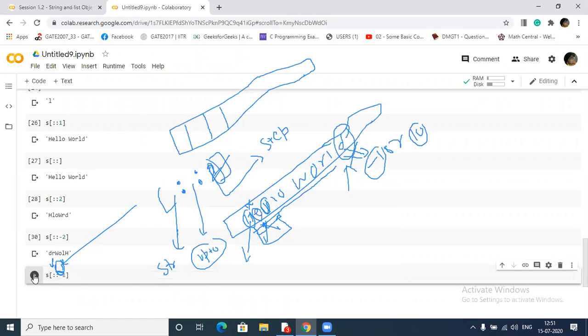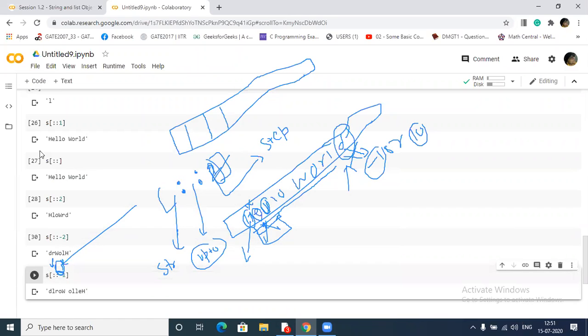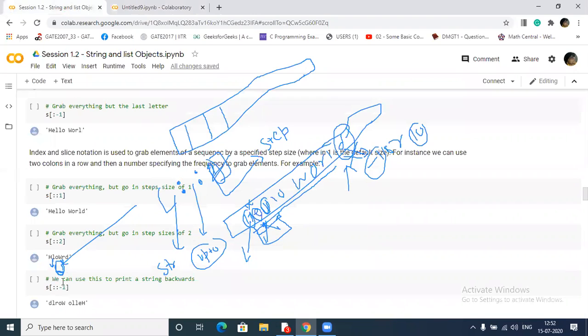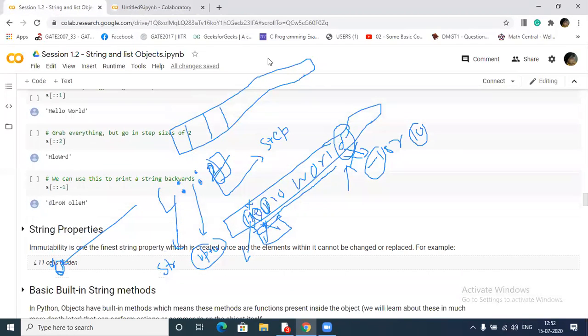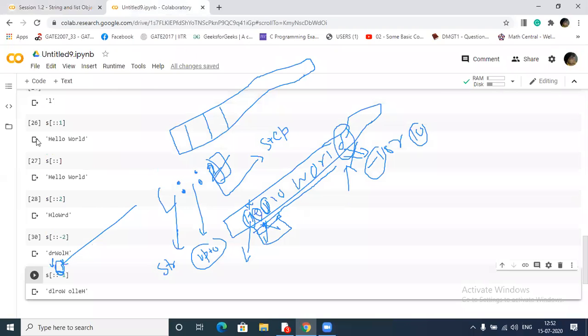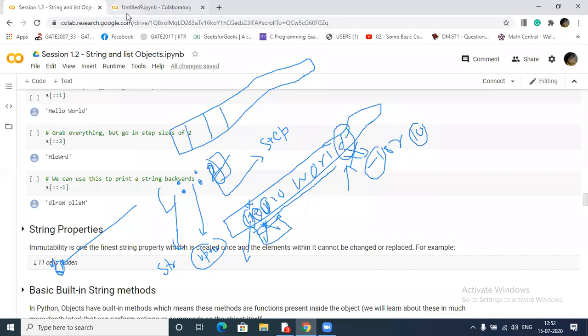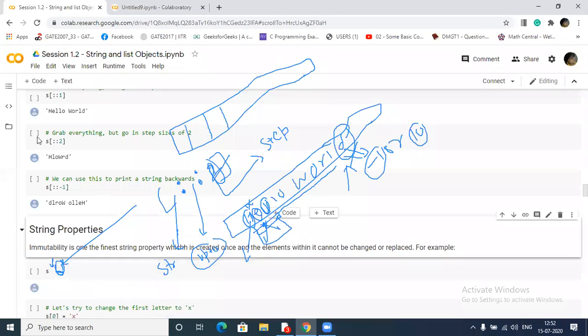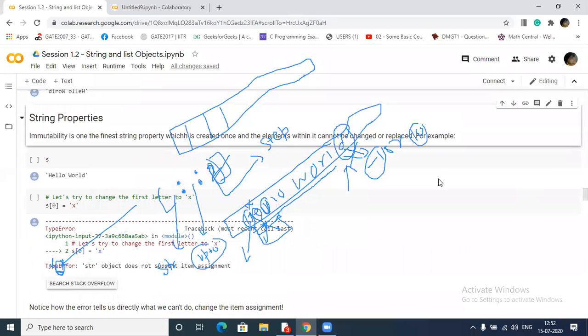So you can write your comment here. Why it's giving like this and why it's giving like this. Lots of things are not written here for understanding. This file contains definitely more than this, because I'm making the concepts comfortable. If you want, I will share this one also. Okay, no problem, I will share this one also. This one is clear.